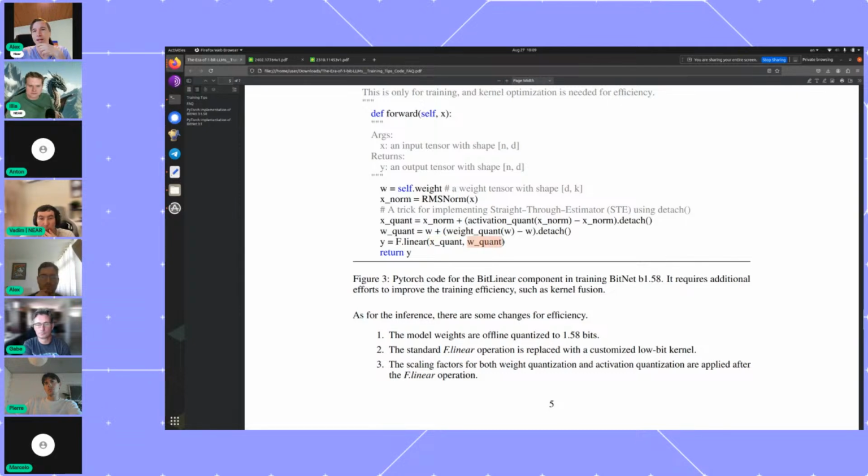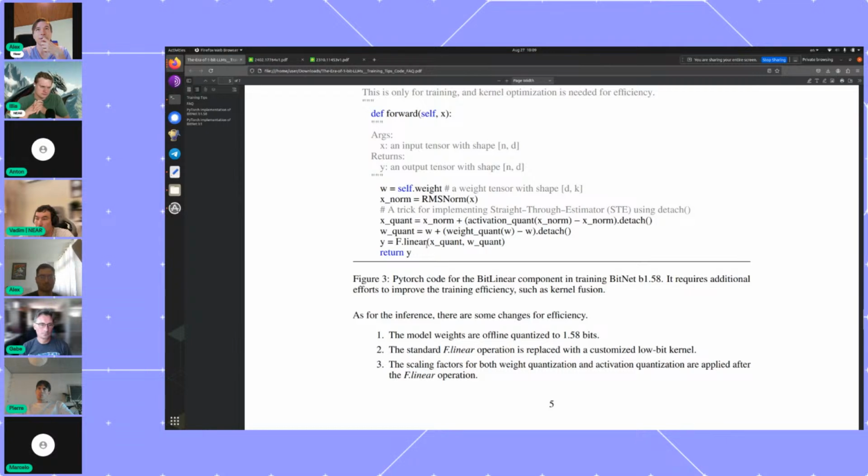So on the backward pass, the gradient will only see W and X norm, and effectively, the gradient of X norm will be a product of the output gradient and W quantized, and the gradient of W will be the product of the X quant and output gradient, right? So this little trick with adding and subtracting X norm, but then detaching one of them, allows you to implement the straight-through estimator in a very